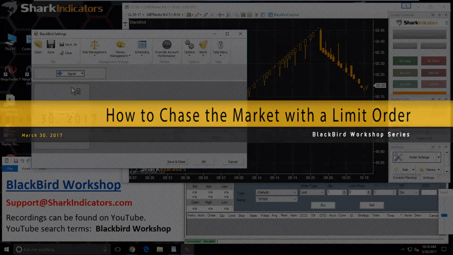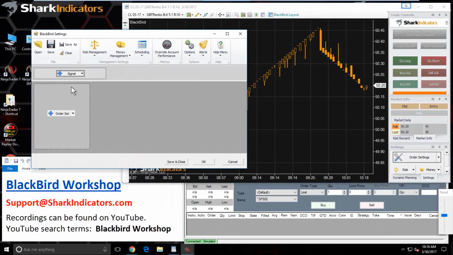All right, so the question is, is it possible to build a chase function in BlackBird? I'm not sure if it is, but we'll give it a shot. The example, before I get started, is on a Renko type